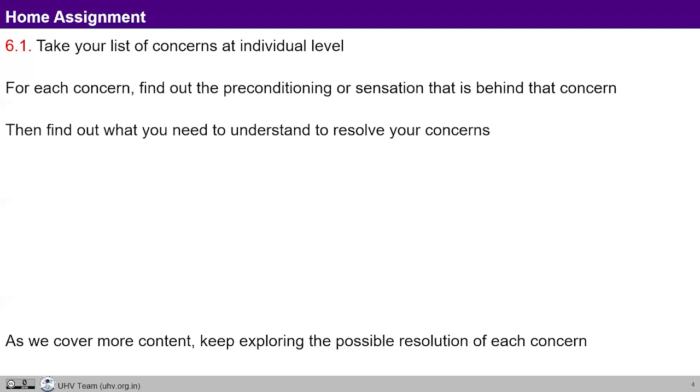And for doing this meaningfully, we have to be clear. The example can come from anywhere, but unless I am very clear about the source of the desire or the source of the concern, I may not be able to resolve it for the child. So for doing these exercises meaningfully, and these are very important, we cannot list out everything here. If we try to do this at our own personal level, we can list our own concern and try to see where this concern is coming from and what could be the resolution for this. Then that will help us do a very enriching exercise for the student.